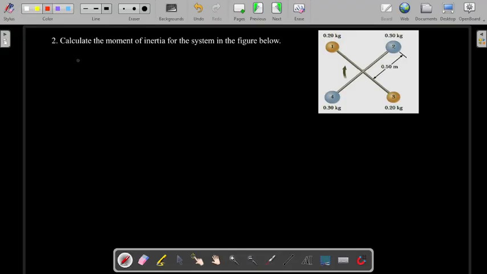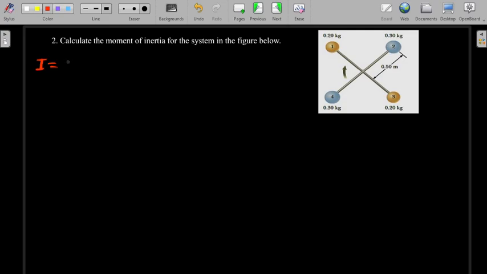One way is, we'll say the moment of inertia is equal to the summation of the mass times radius squared. This is the general formula that we use for the moment of inertia. Then now what we'll do is we'll say the moment of inertia will be equal to,